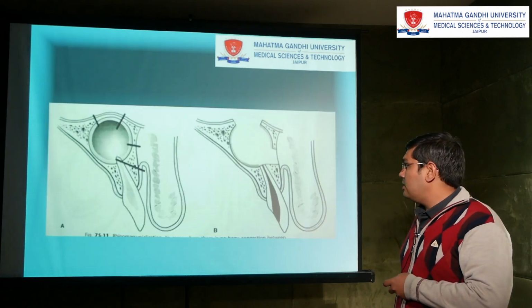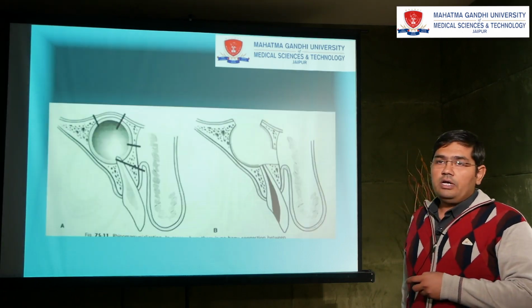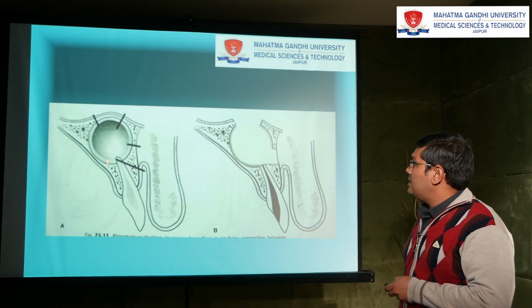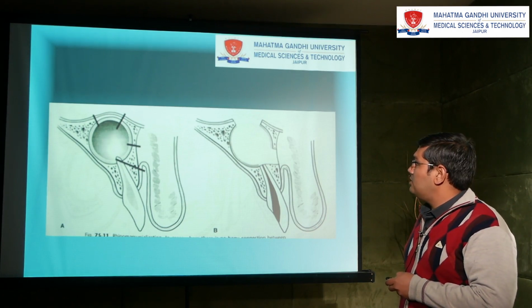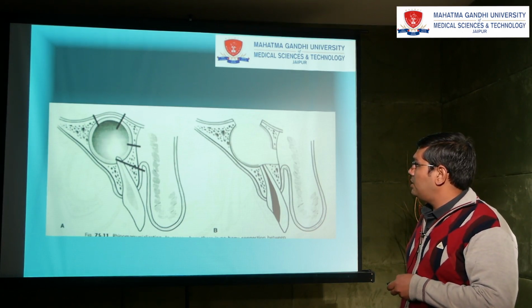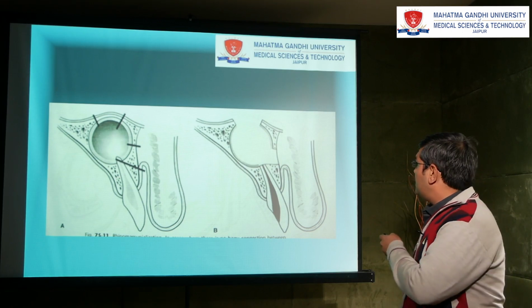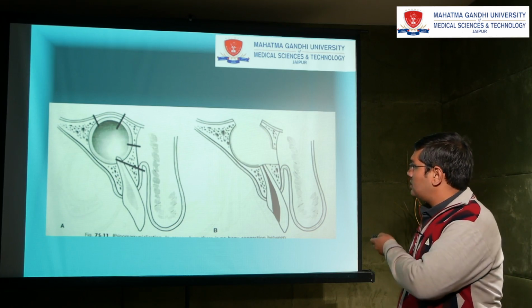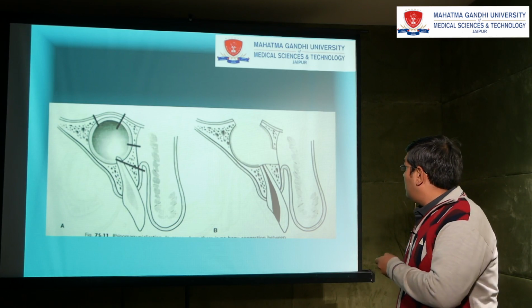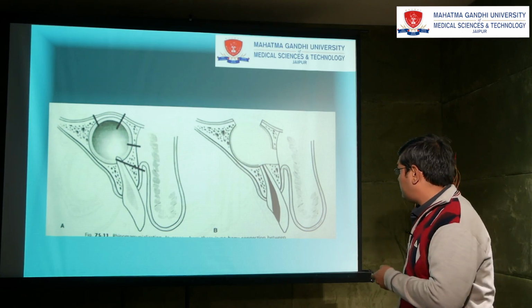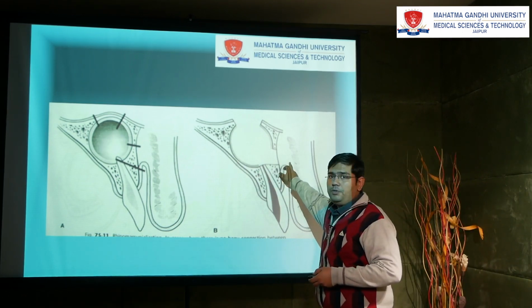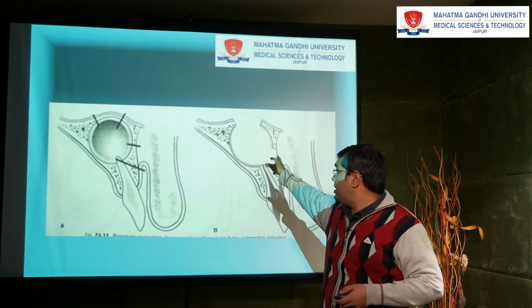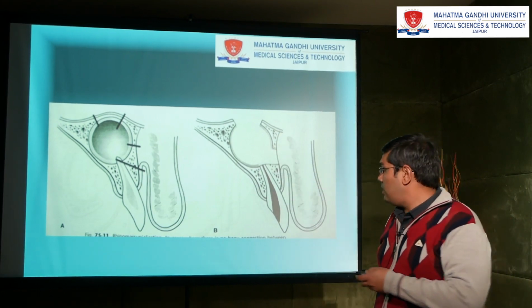So basically this method does what? Decompression. Like in this diagram you can see there is an odontogenic cyst associated with the tooth structure. We just simply created a window.